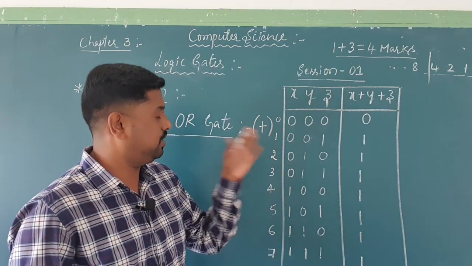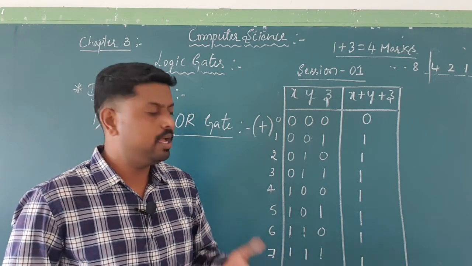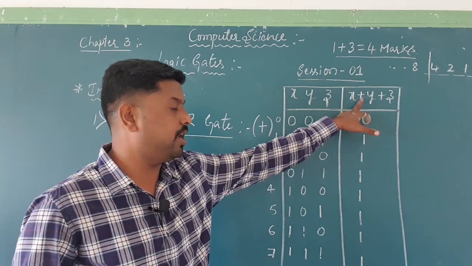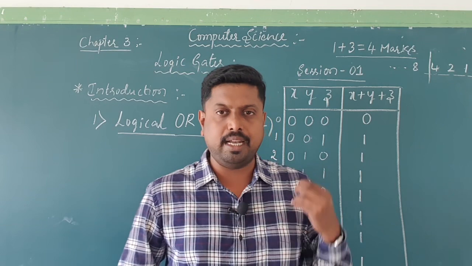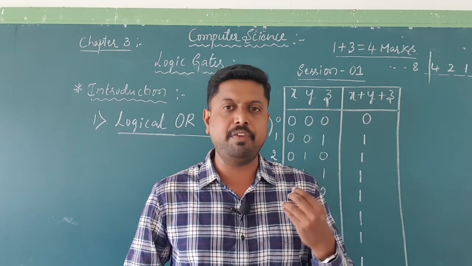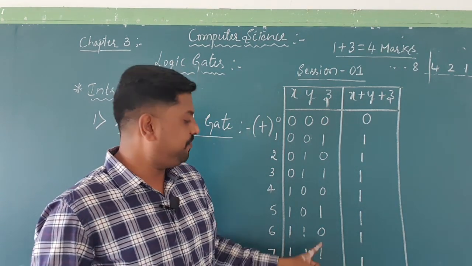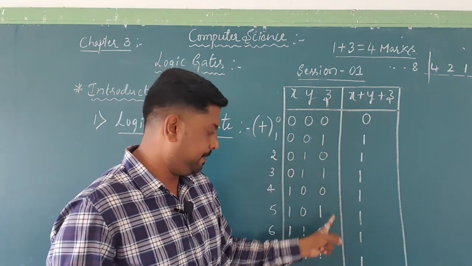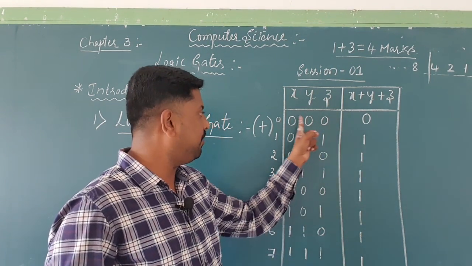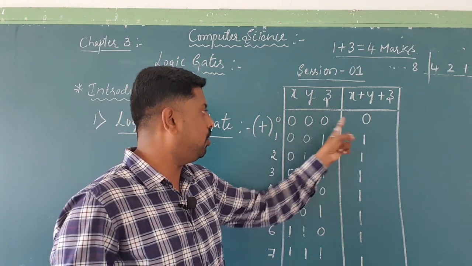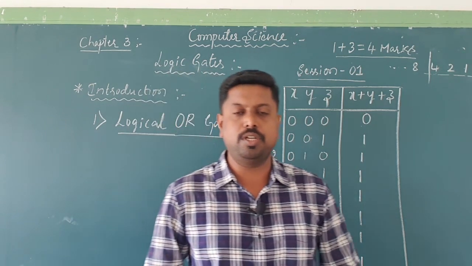Now I will show this 3-digit truth table. You can apply this truth table for the AND gate also, the same method, but instead of addition, there you will do multiplication. Then if I want to explain the definition of this truth table, how will we explain? In this truth table, one common thing you observe: if any one input is high, then the result is high. Whenever all the inputs are 0, only then the result is 0. So this is the definition of this truth table.